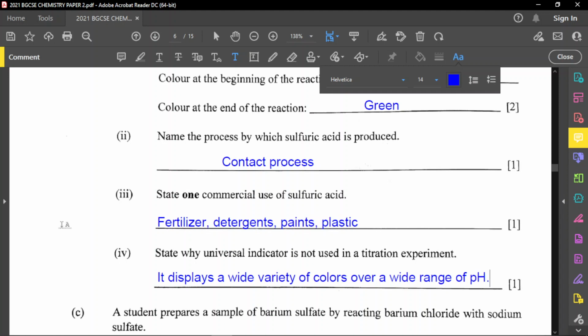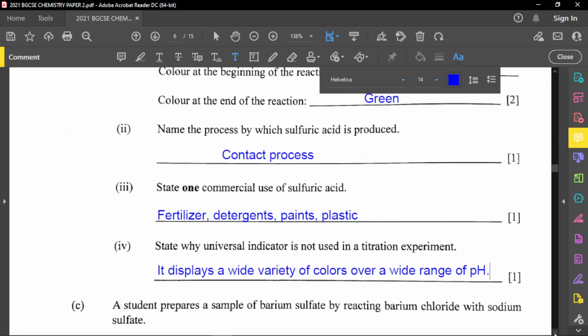All right, so that's the reason why, because sometimes it's hard for you to say, okay, this is a pH value, because it does not indicate the exact pH. Remember, it can move from red to slight red to very dark red, and even the green for being neutral, it doesn't have to be exactly neutral for it to be green. It could be slightly acidic or slightly basic. So it could be a weak acid or a weak base, and you realize it's going to be slightly green, to yellowish or to slightly brownish. So it depends on the color, right? It's not exact. It's not precise. It does not give a precise